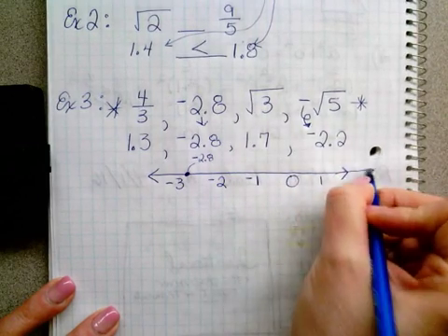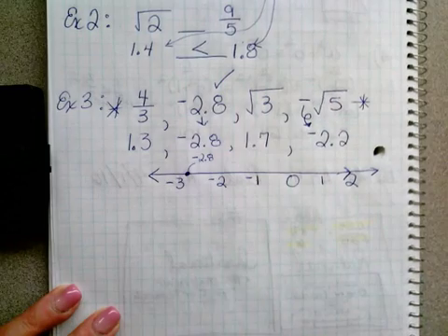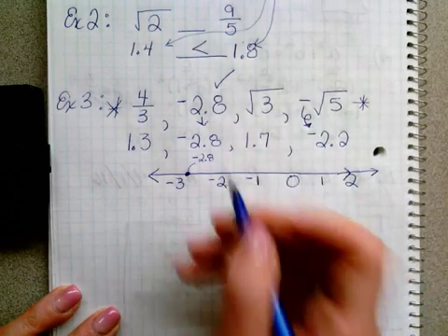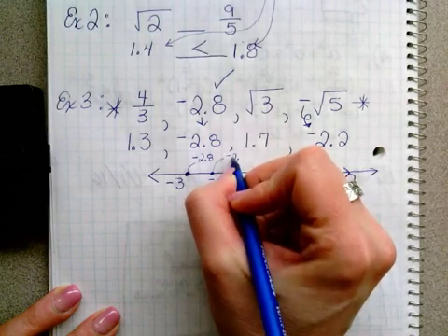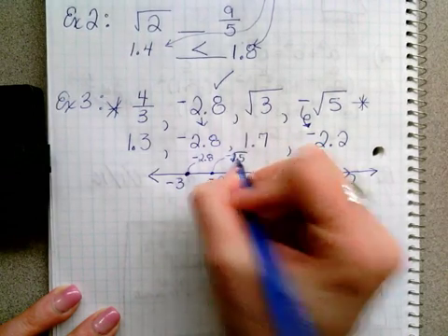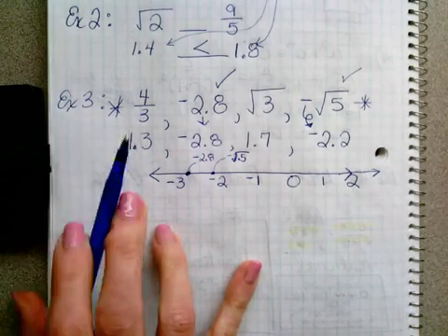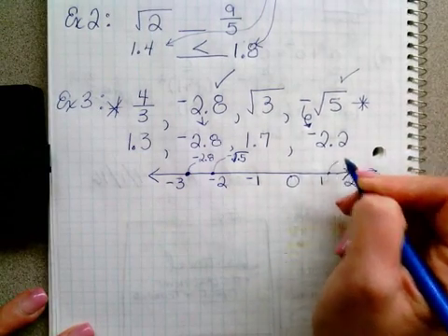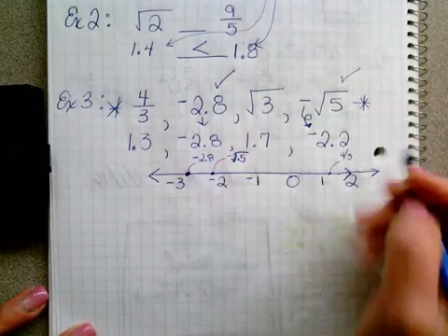Okay, I kind of was a little sketchy here. Let me make that a little bigger. Okay, negative 2.8 has been graphed. How about negative 2.2, which is the opposite of square root of 5? I want to use the numbers in there because it's easier to see. All right. The next item up for bids is 4/3, which is 1.3. Finally, radical 3,